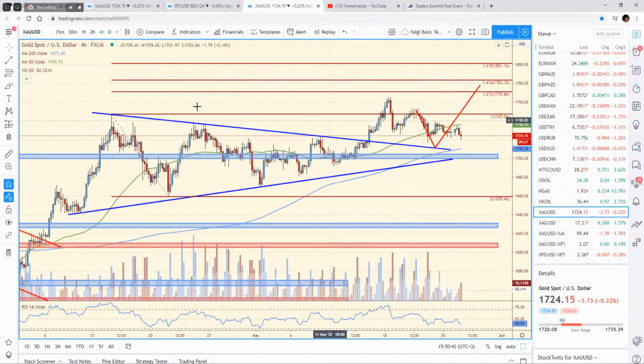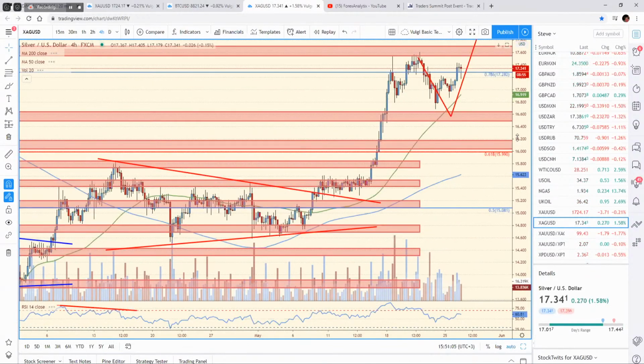another leg lower and then higher. And if you want to isolate this formation, first of all, we remain above this previous broken triangle. So as long as that's the case, there is nothing really to discuss that will convince me that we should be looking lower. But second of all, I see another triangle here, and the price action looks very corrective. Now, silver,